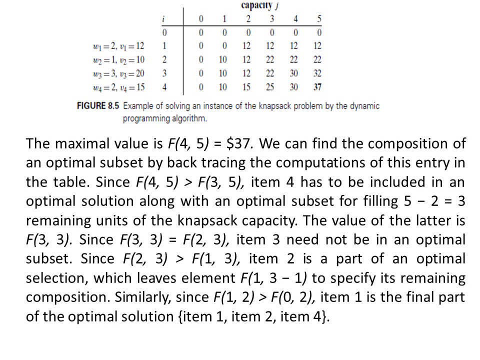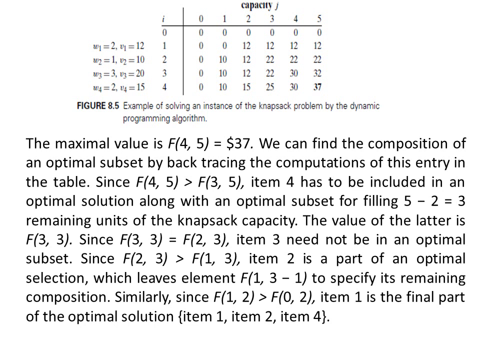Then go back in the same column, that is check 2, 3 and 1, 3. 2, 3 is 22 and 1, 3 is 12. 22 is greater than 12, so item 2 is included in the knapsack. Item 2 weight is 1. The capacity of the knapsack remaining was 3. So 3 minus 1, now the capacity of the knapsack remaining is 2.